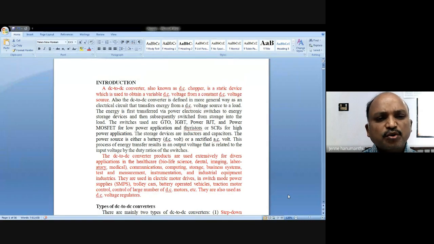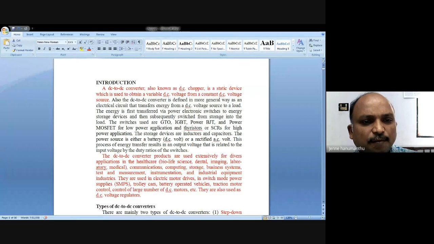You can use any devices for converting this DC into variable DC, for example GTO, IGBT, power BJT, power MOSFET. If you use these for the same application, that comes under low power application. But if you use thyristor, that comes under high power application.